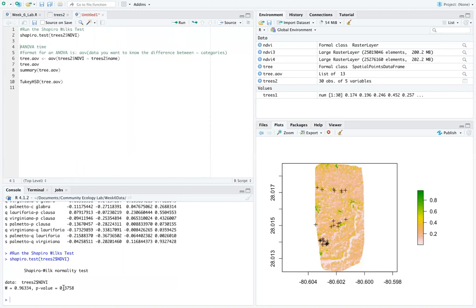In this case, the p-value is 0.3758, indicating that we do have normality in our data and we can proceed with a parametric test. If we had received a p-value less than 0.05, indicating that we did not have normality in our data, we would choose a non-parametric test such as a Kruskal-Wallis. So in this case, we have normality, so we are going to proceed with our next step, which is to